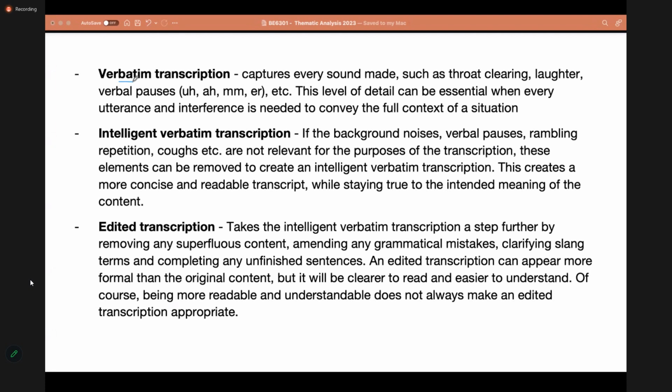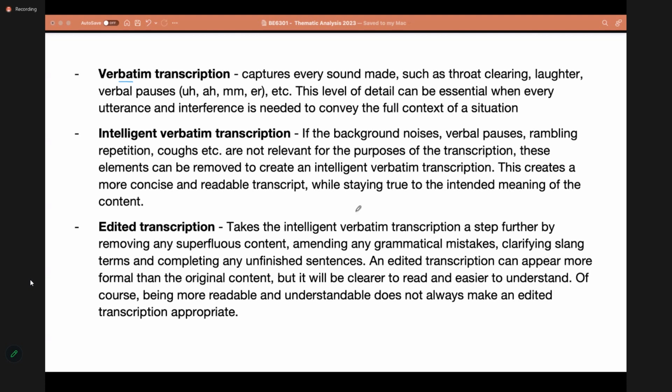In most of your cases, that level of transcription might not be necessary. So many of you might go for the next two types of transcripts. After verbatim, we have intelligent verbatim transcripts.